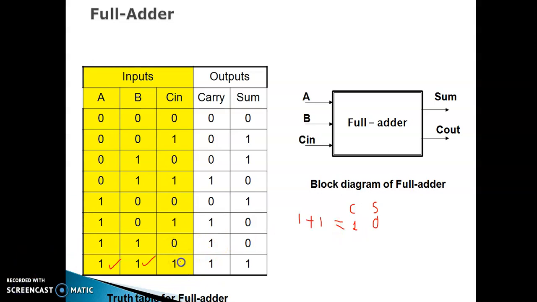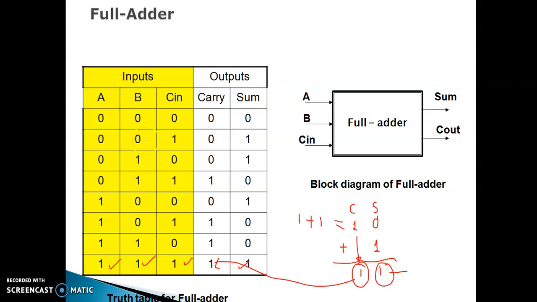Now the third number, C in, is to be added to the sum part. So the effective addition will be 0 plus 1, which is 1, and the carry will remain as it is. So the final sum will be this LSB bit, that is nothing but 1, and this MSB will be considered as the carry. Like that we have to complete the entire table.